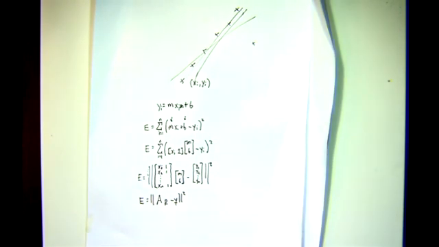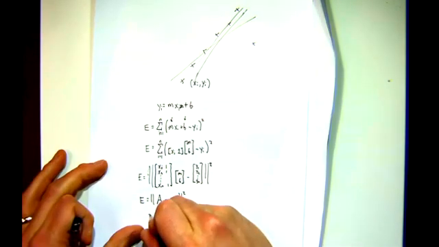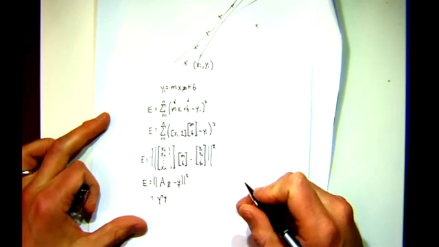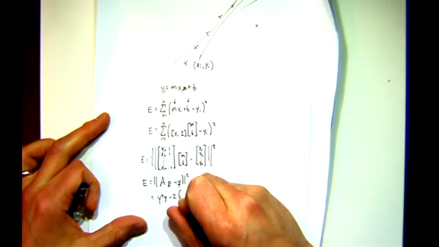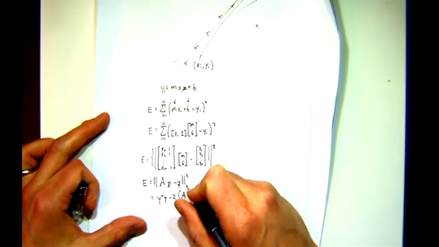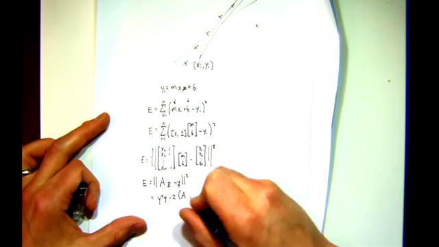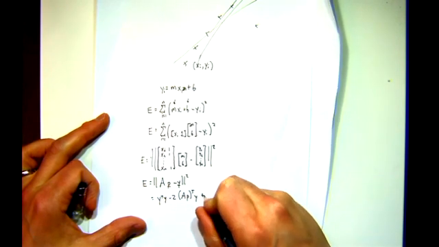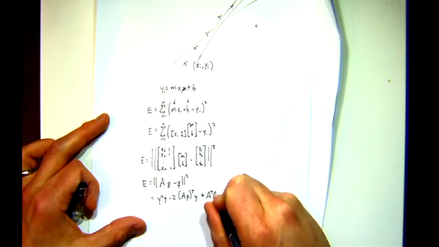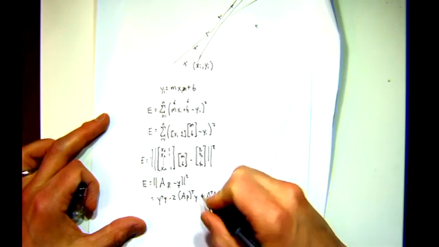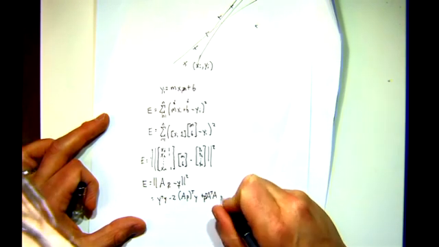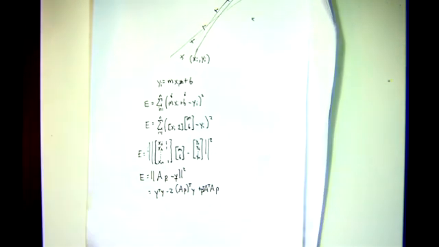So this is equal to Y transpose Y minus 2 times A P transpose Y plus A transpose A, or P transpose A transpose AP. So now if I want to solve this, I can take the derivative with respect to